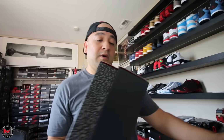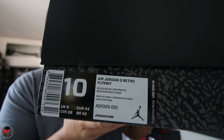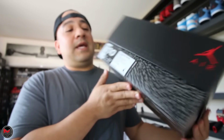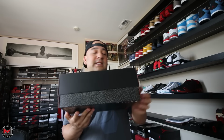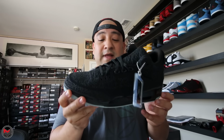So basically, here it is. This is the Air Jordan 3 Flyknit. So all you box label junkies, this is what it looks like on the box label. It comes in a 3 box with elephant print, just like we've been seeing all throughout the past couple years. So this is the first Air Jordan 3 that's done in total Flyknit, and I must say it does look